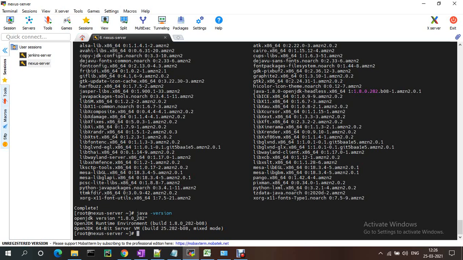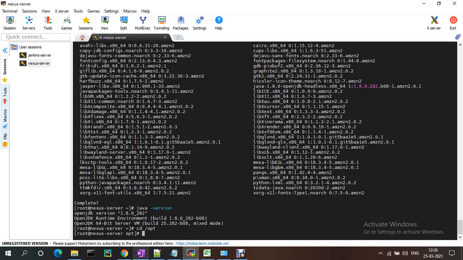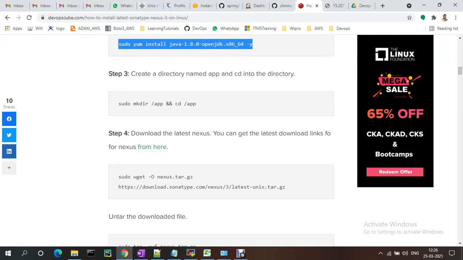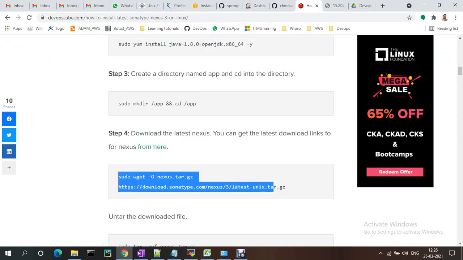Now let me install Nexus. I'm going through this folder and copying this command.